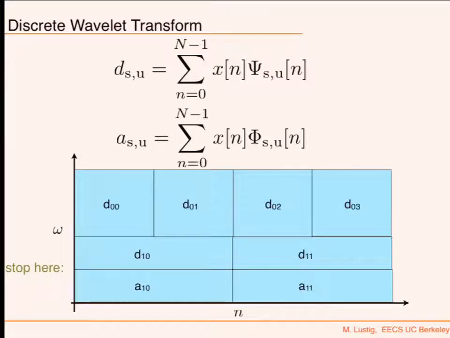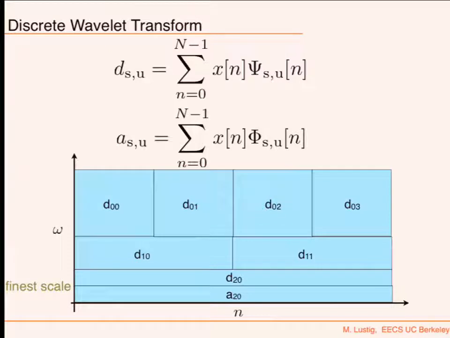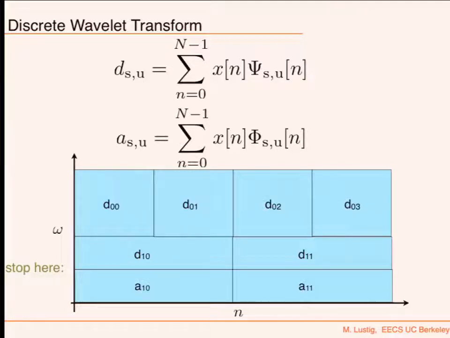So if we stop here, then we'll have two approximation coefficients. That would plug in the low frequency component. Here there will be just one coefficient. We did the decomposition all the way to the end, and so we have one approximation coefficient. And here, if we stop here and we don't decompose further, we don't go for more and more scales, coarser and coarser scales, we're going to have two approximation coefficients. Okay? Any questions?